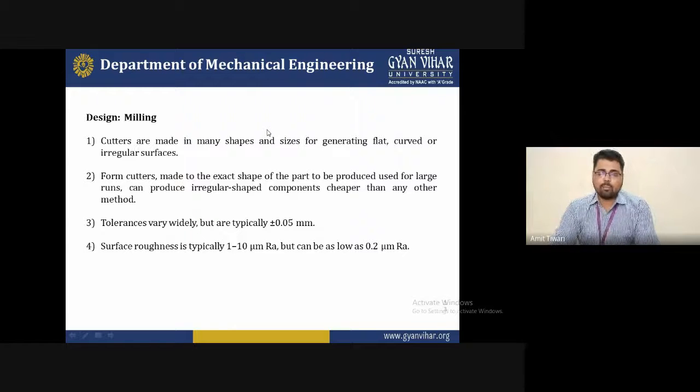Form cutters are made in the exact shape of the part to be produced, and use large drums, and can produce irregular shapes. We provide a tolerance of plus or minus 0.05 mm, widely used to perform the milling operation. The surface roughness is typically 1 to 10 μm, but we may want 0.2 μm surface roughness for a product to provide a good surface finish.